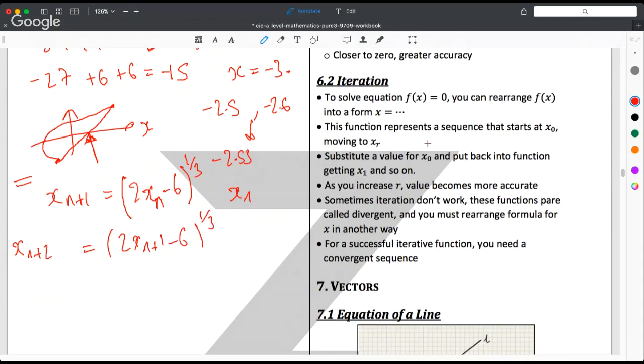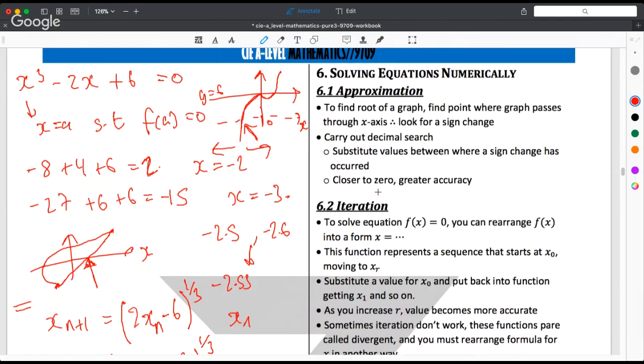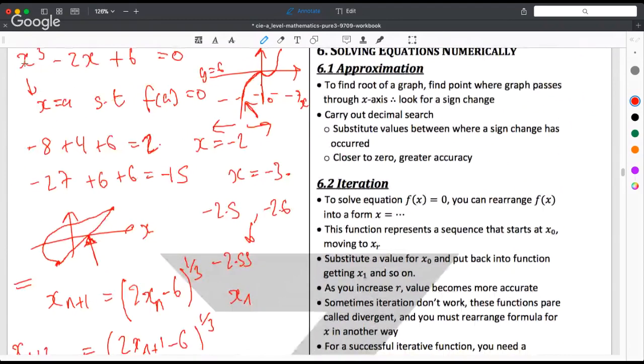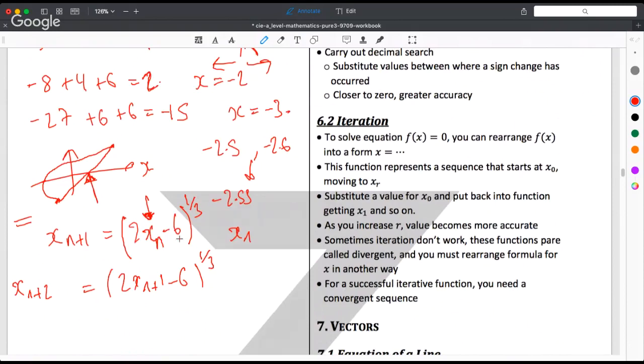Okay, and in your exams, they're not going to ask you to figure out these formulas. They're just going to ask you to use them, which is quite simple, or at least that's what they did for my exams. I'm pretty sure that's what's going to happen. You don't need to know this, but what they've done here is they've really badly arranged this equation. They've tried to make x the subject, but they've accidentally left x on the other side. But it turns out that this process sometimes converges. It converges for specific functions. You don't need to know when it converges, but that gives you a sort of inkling of where the theory behind it comes from. I think this might be a fairly complicated subject. I'm not exactly sure,